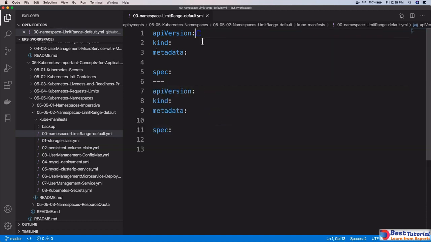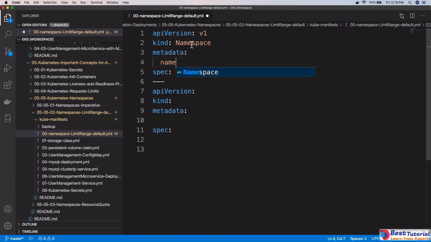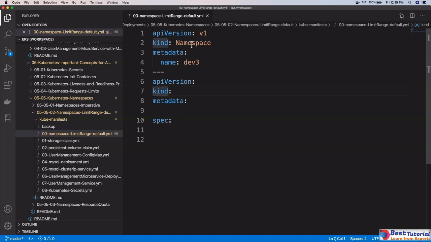So now the first one is the namespace we are going to create. I'll say kind is going to be Namespace, API version is v1, and metadata, and under that the child element name, and the name is dev3 namespace. Namespaces don't have any spec concept, so I am going to remove the spec here. Now the next one starts, which is the